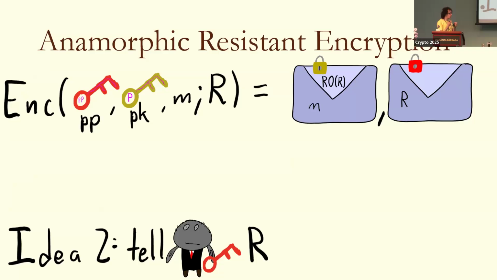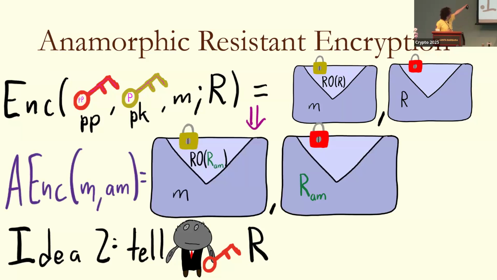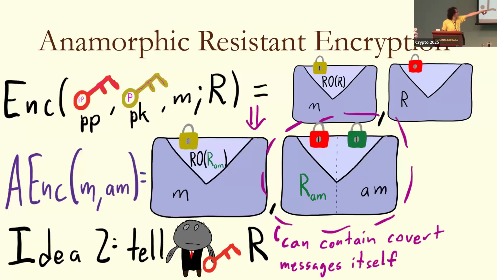Okay, and the dictator's public key will just be included in the public parameters of the protocol, and the dictator will be modeled as having some backdoor to the public parameters. Okay, so then we know anamorphic ciphertexts have to be of this form, because if they are not, the dictator could just decrypt the second ciphertext, reconstruct the ciphertext, and see that it matches. And so this is great. Now there's no way to include a second anamorphic message inside that first ciphertext. But the second ciphertext is still random, so there's an easy attack. The anamorphic party can just embed the anamorphic message within the second ciphertext.